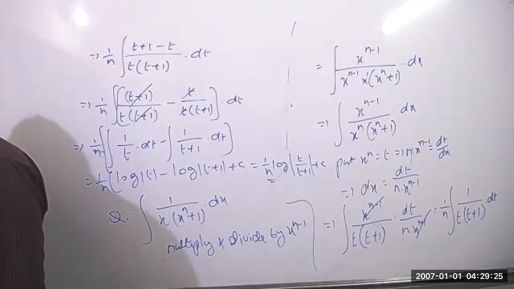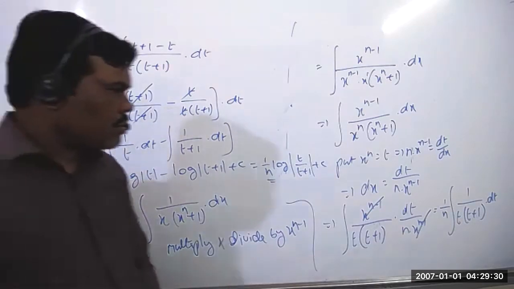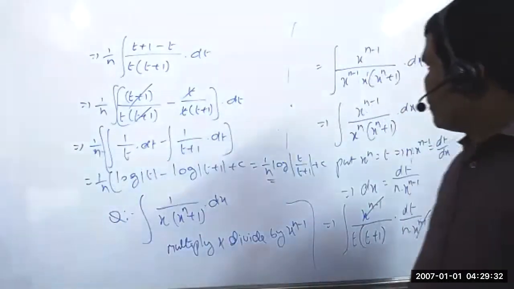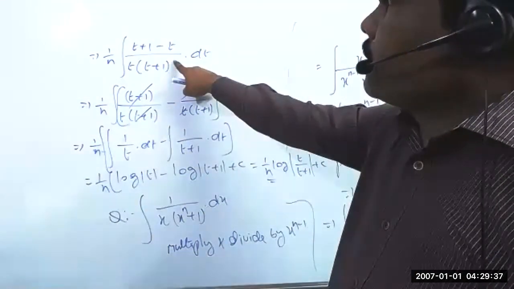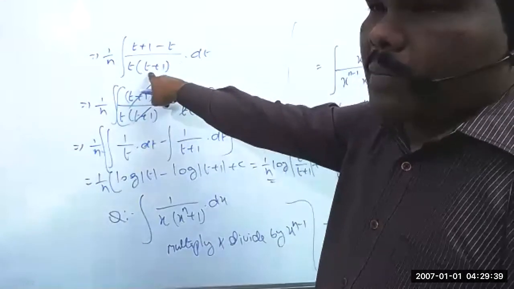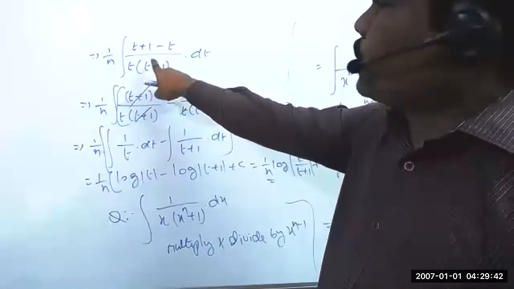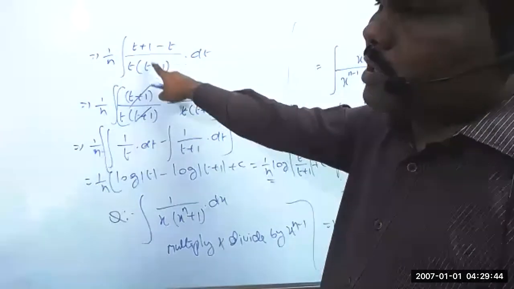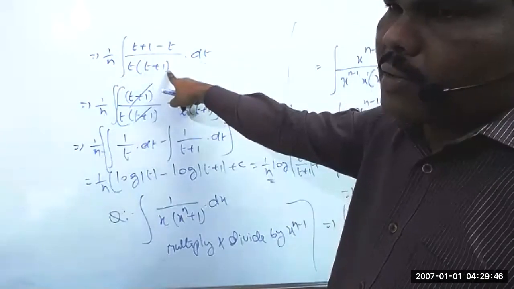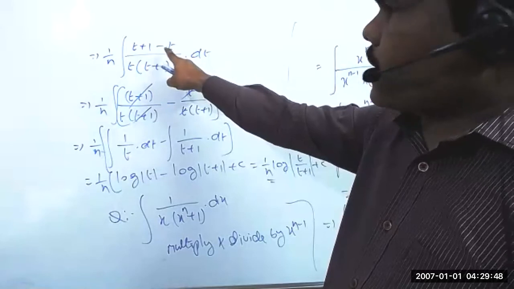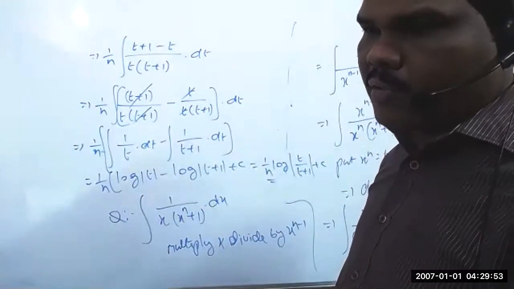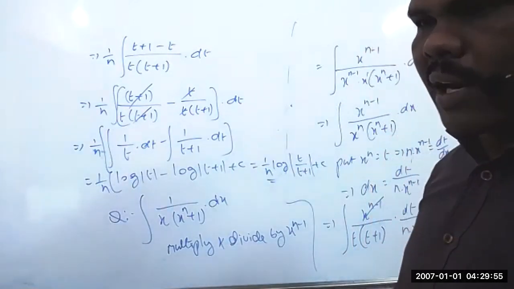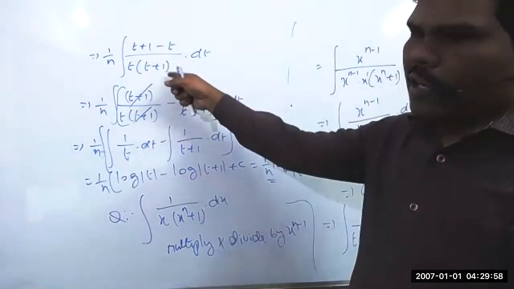Sir, can you explain the 1 by t plus 1 part? How did you get that? I didn't understand. Here the denominator t plus 1 is there, but in the numerator we have only 1. But we have to simplify this, so what do we do? Add and subtract t. Because we already did this previously, where we got x square, we added plus x square minus a square in the same way, based on the denominator. Yes, sir. Understood.